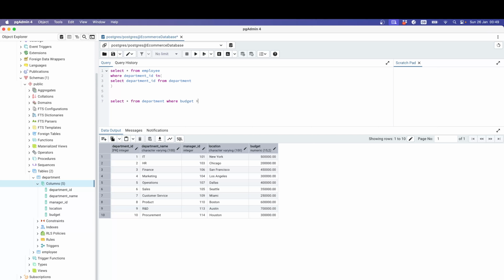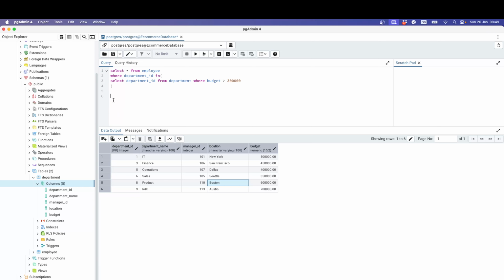Okay, so here it will give us only 6 departments whose budget is more than 300,000. The similar query we can write here with a where clause. Okay,